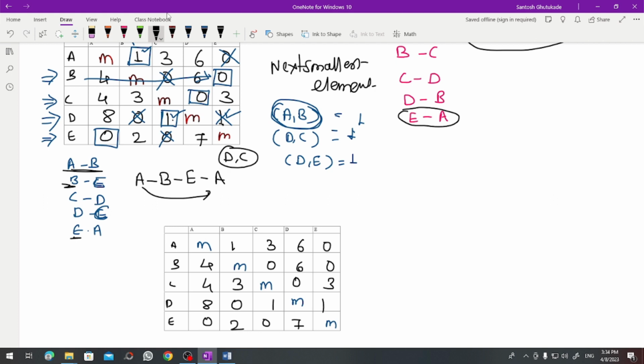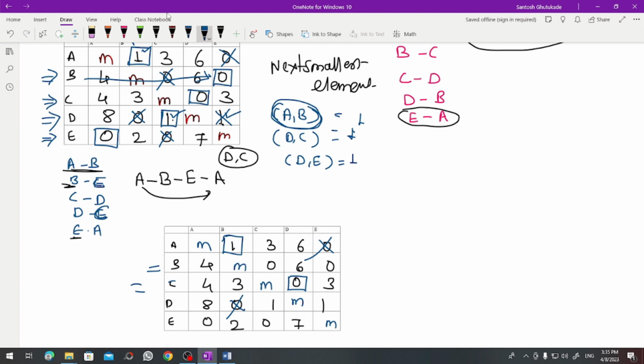So this is the same matrix. Now we have started, we have given the assignment here at this location. I will change the color. Here we have given the assignment at the first element, then we are crossing all the zeros in that row and in that column. Then coming to the next row, here 2 zeros, so we have skipped this row. Then coming to the third row, here only 1 zero, so we have given the assignment here and crossed all the zeros, so there is no zero.